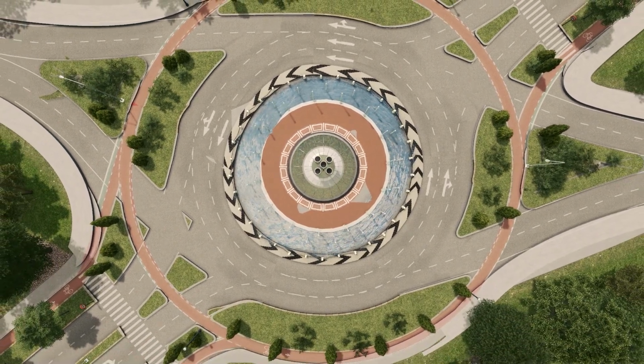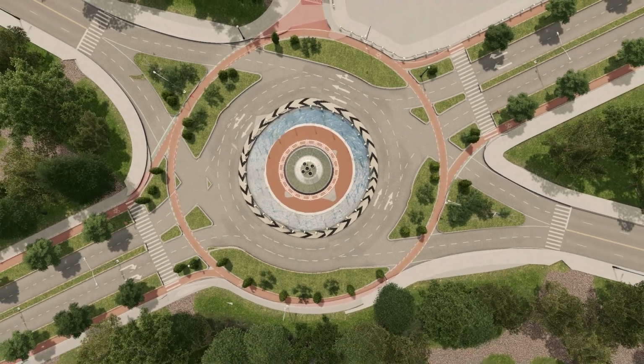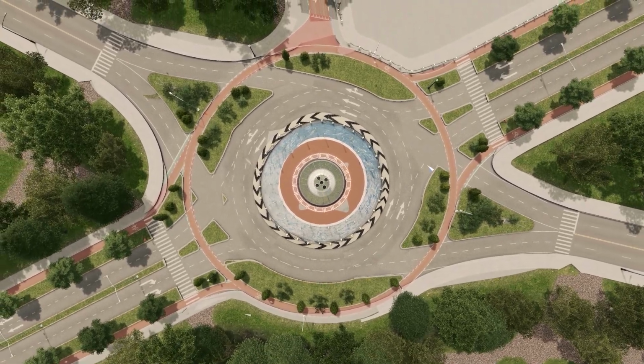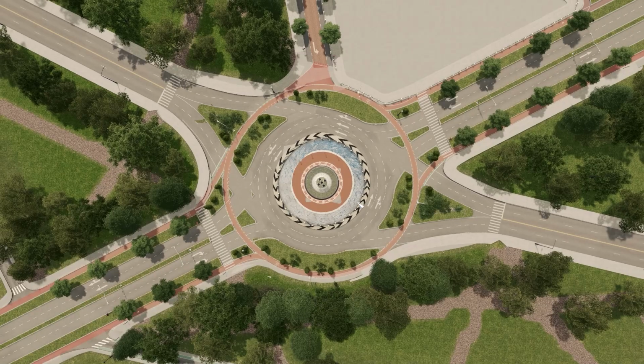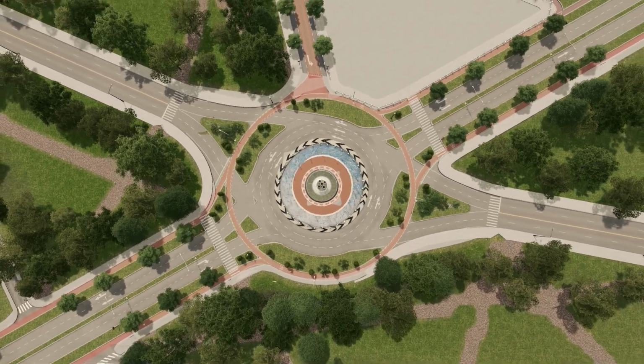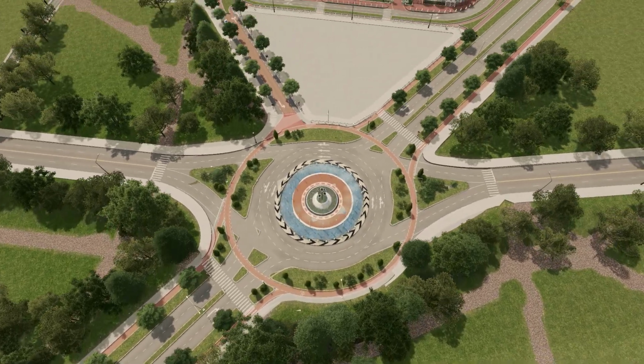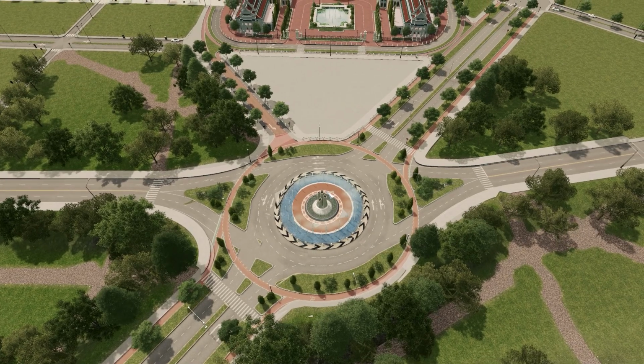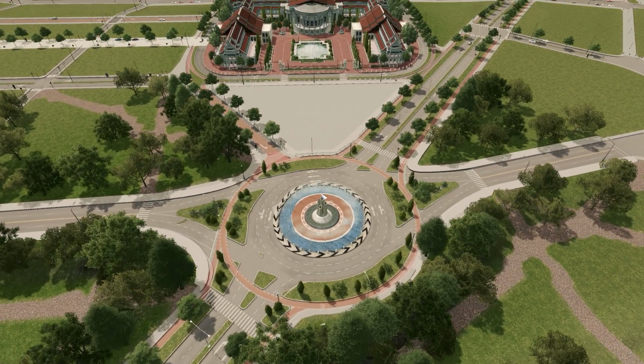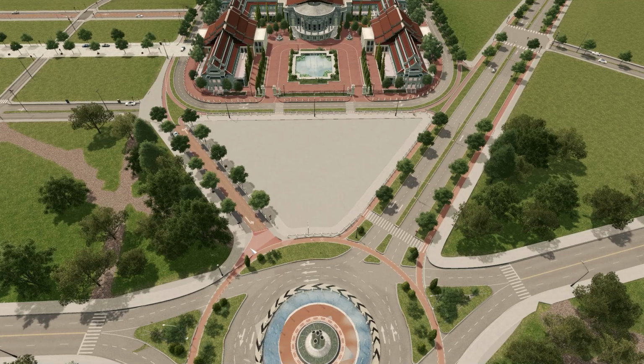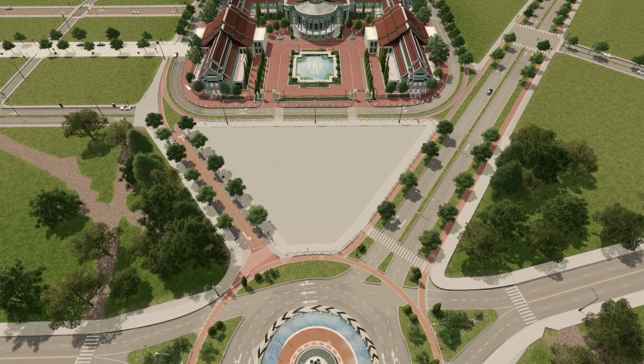From top, the roundabout just looks gorgeous. It's very nice. I'm running out of words. My vocabulary is weakening. But yeah, I've just been reduced to sounds, to noises. But yeah, you can see here I've closed this entire place off.